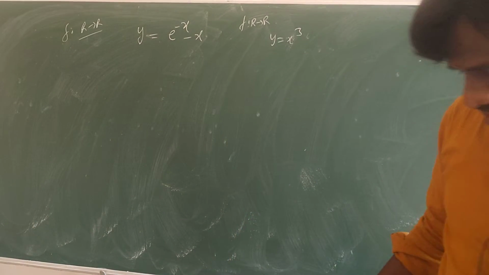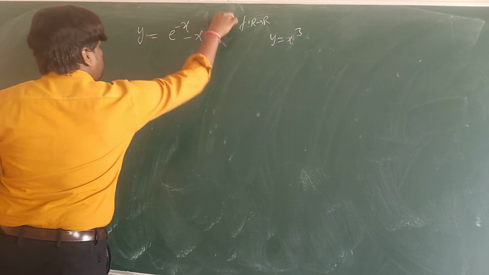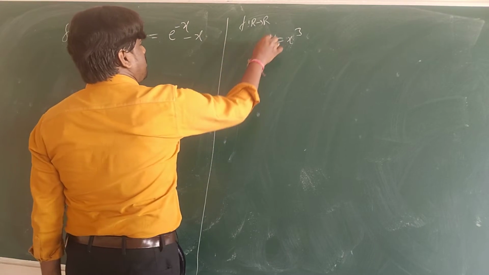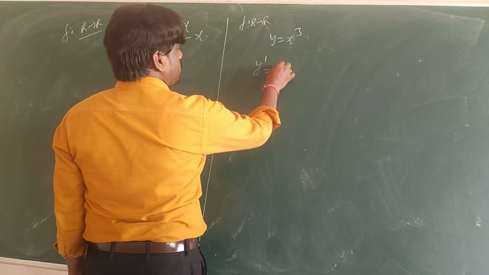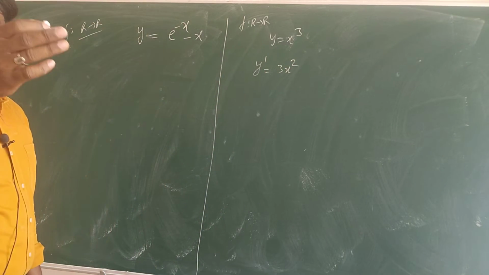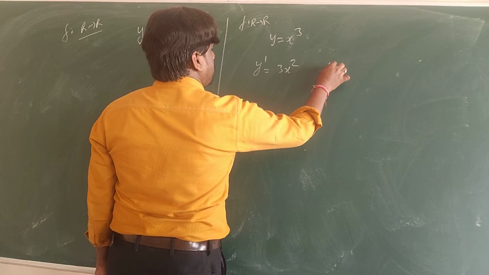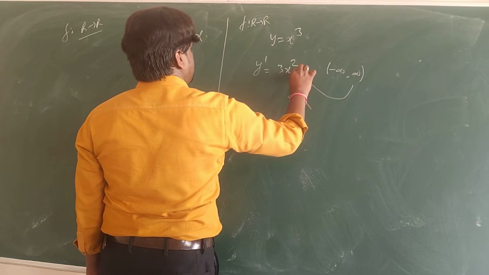Right sir, see here, now y is equal to, you have this and that. The one which is easy, let us do that first. What is the differentiation of this? Differentiation we write as y dash. What is the differentiation of x cube? 3x square, you know n into x power n minus 1. So in this x I kept minus infinity to plus infinity, everything in this.